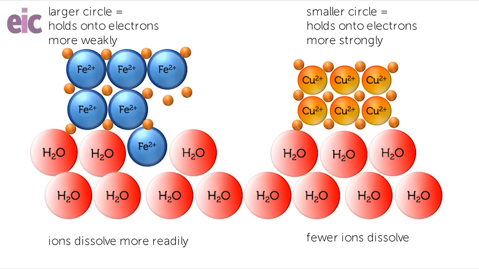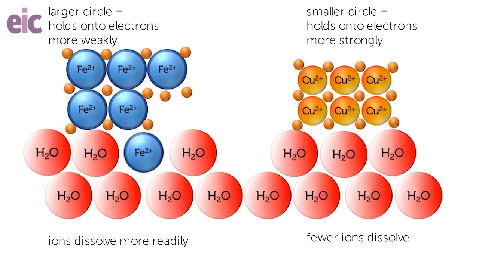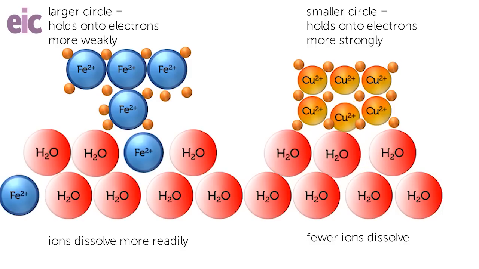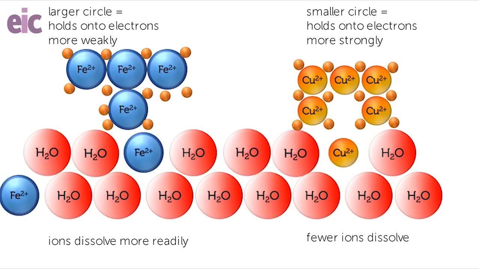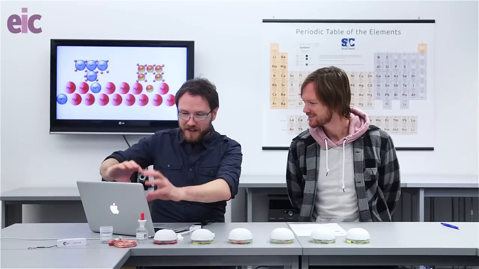So what we're going to do is we're going to see, same as before, maybe an ion might dissolve into solution, and we might have some copper ions dissolving into solution, but because the copper is much better at holding on to those electrons, fewer copper ions will dissolve into solution. So now we've got an excess of electrons on the left-hand side, if we were to connect these up